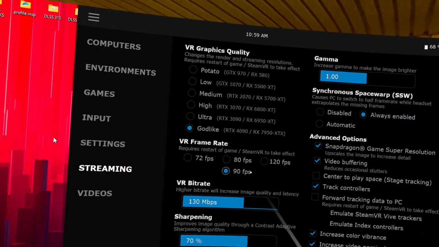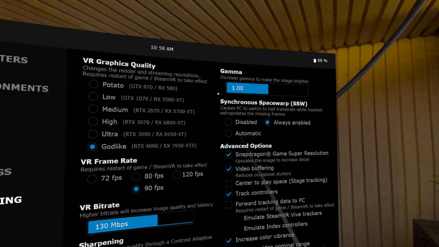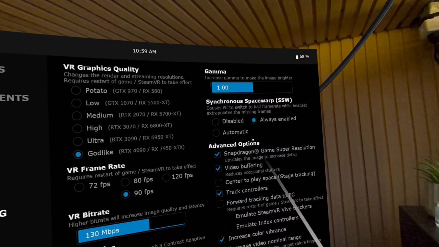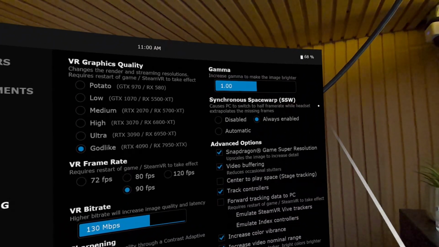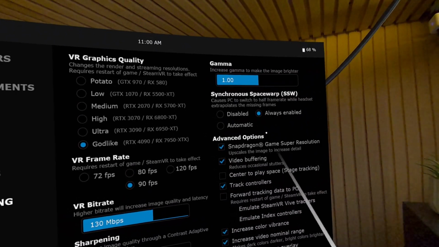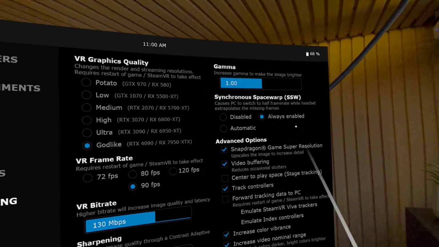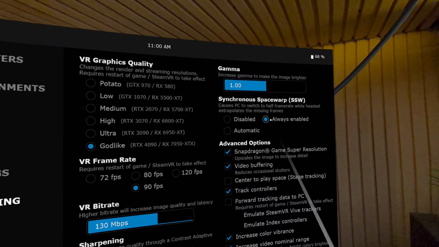The rest of the frames are going to be frame generation or Synchronous Space Warp. In other headsets, it's called reprojection, or smart smoothing in Pimax Crystal, for instance. But this thing works really, really good. So we're going to use always enable,